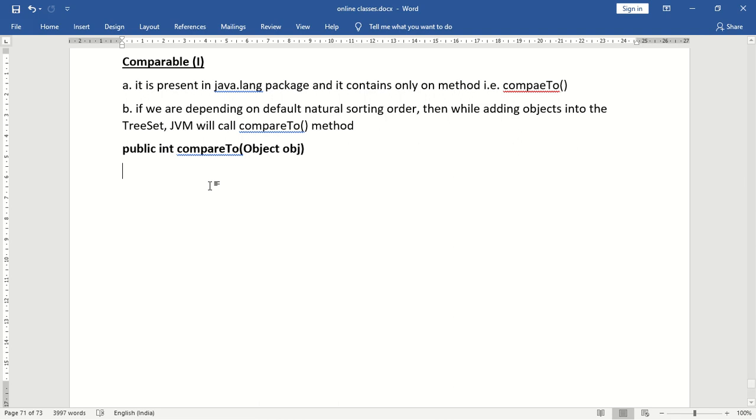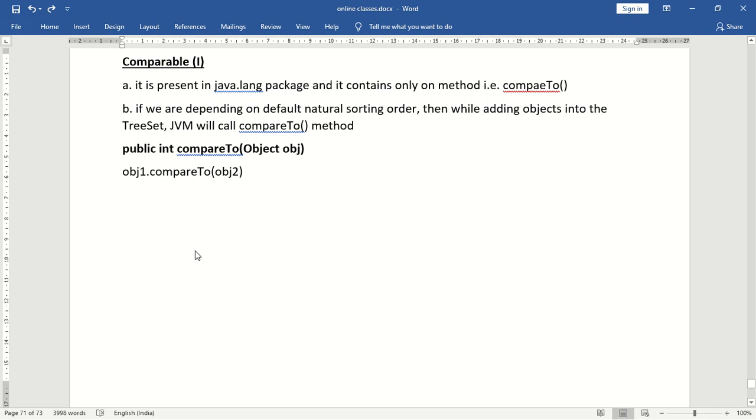You know that to call a non-static method we compulsorily require an object, and that object acts as object 1. So that is object1.compareTo(object2). The object with which we are calling the compareTo method acts as object 1 and the object we are passing as an argument acts as object 2.